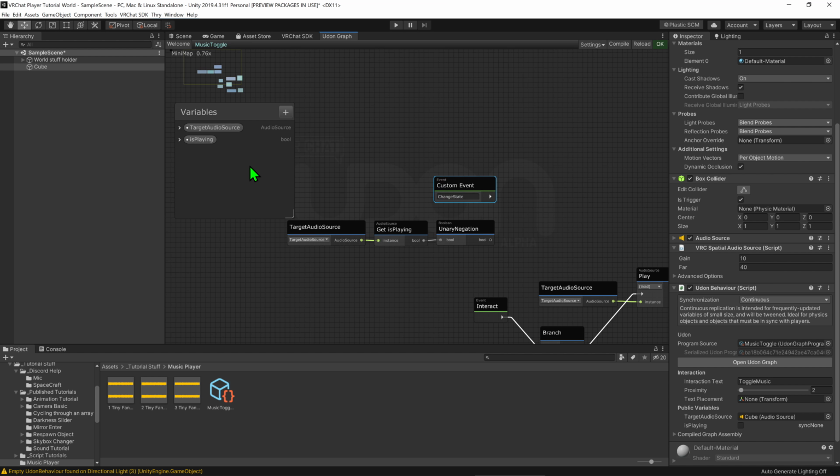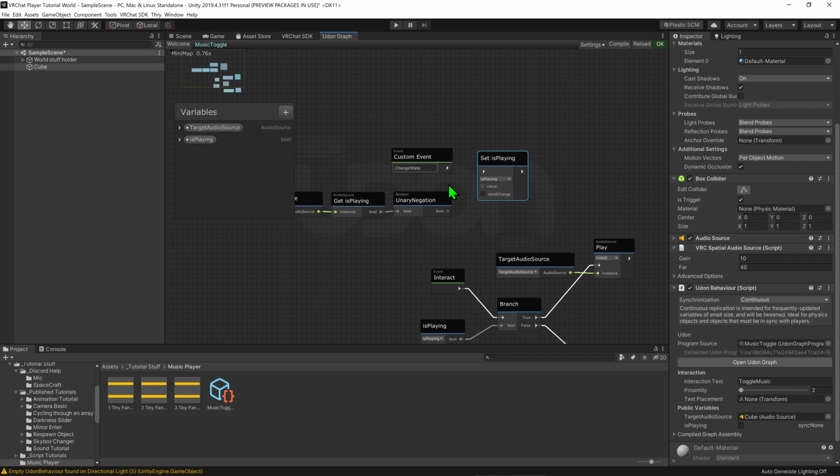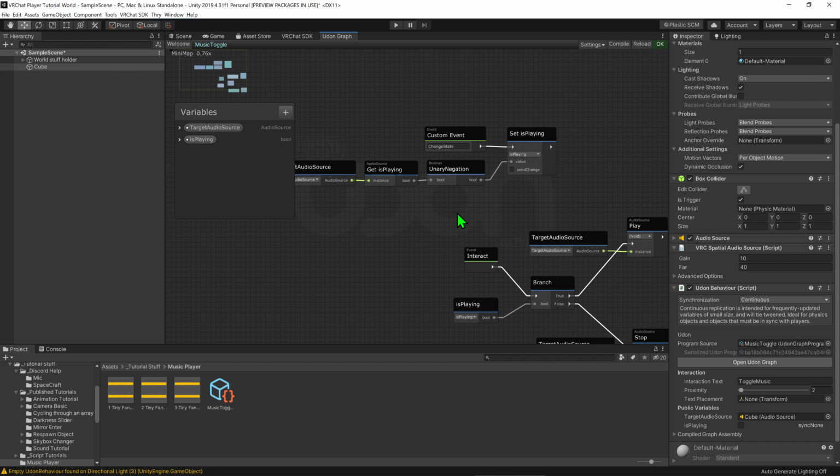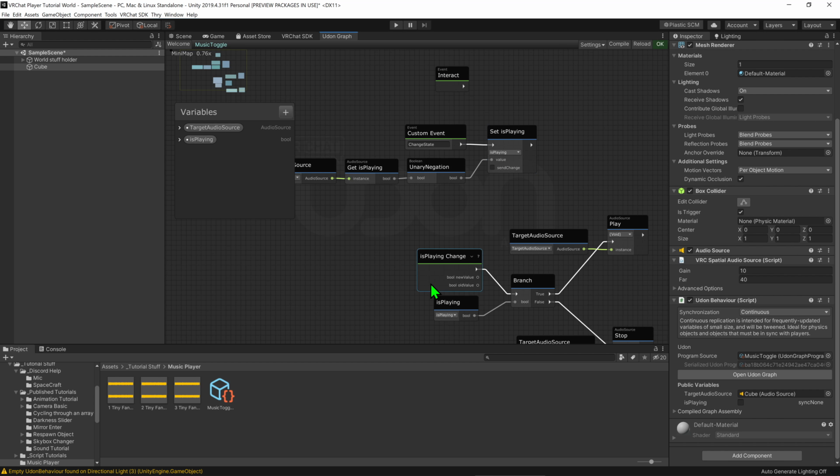I want to grab my isPlaying bool and drag it while holding control, and this will create a node that will set the bool. And now I want to put the output of change state into the set node bool, and then I want to grab the unary negation and put that into the value slot. Now I want to grab my bool and drag it into the scene while holding Alt to get an event that gets played whenever this bool changes. Then we want to drag it into the branch node,